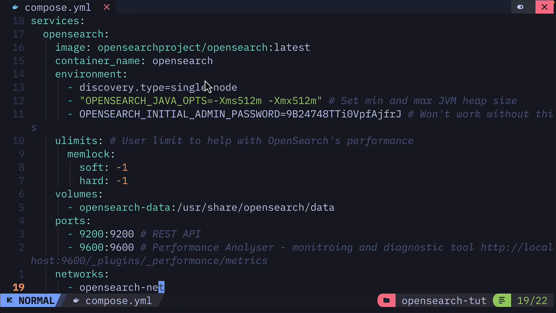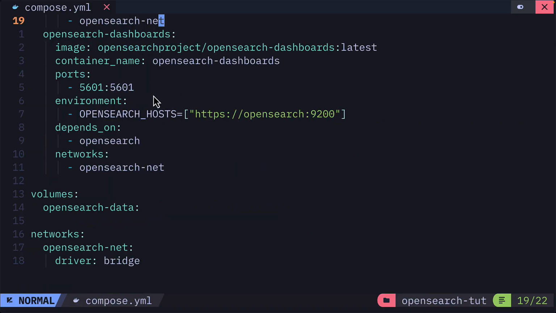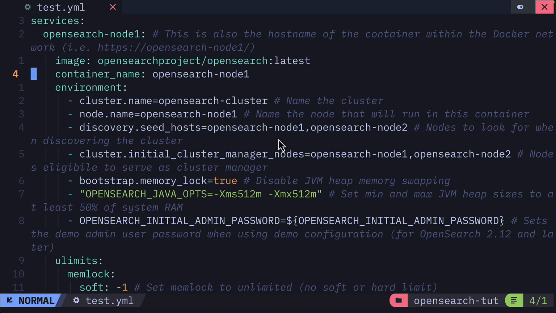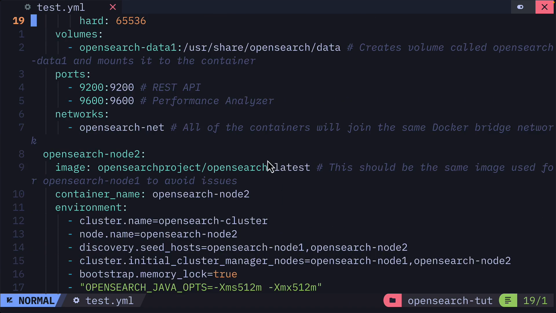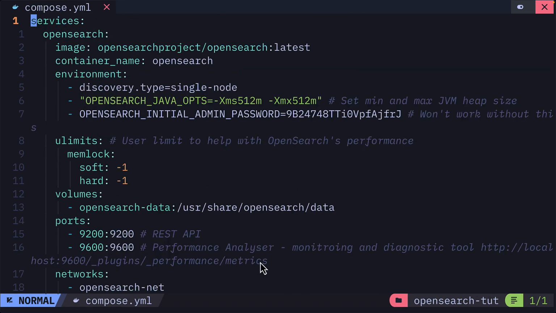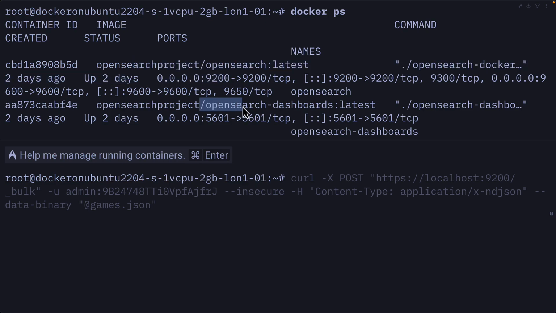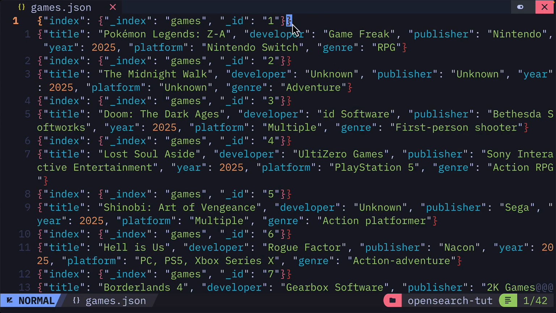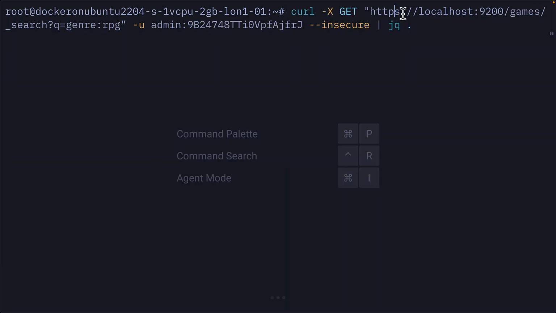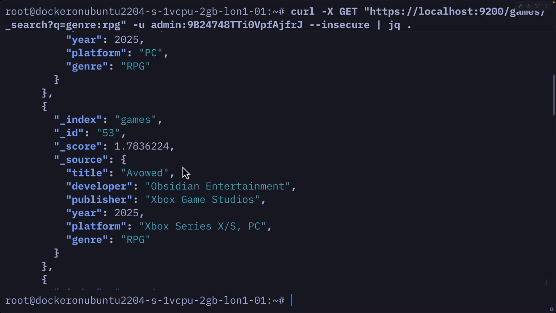So let's try it on a DigitalOcean droplet, because why not? Here is a basic compose file with OpenSearch and OpenSearch Dashboards. Now, these compose files can actually get really complicated if you have multiple nodes, but I've tried to keep things simple. So with both containers running, I can add data in a JSON file, and once the data has been added, I can call this endpoint with a search query param, which will return the relevant data, but I can